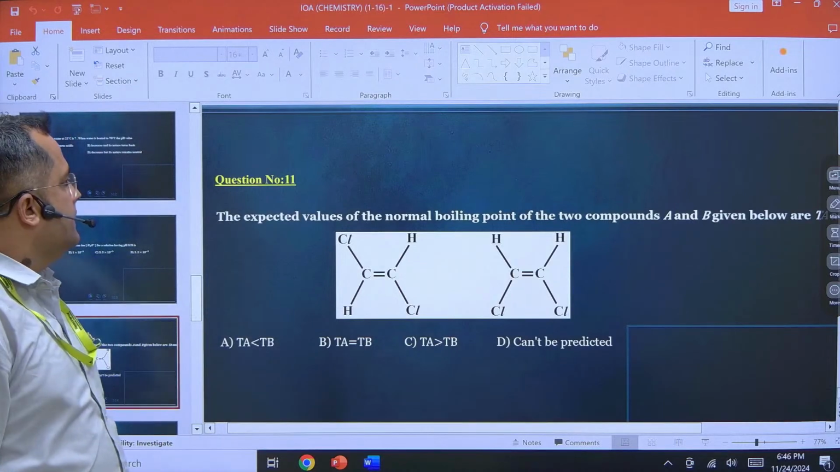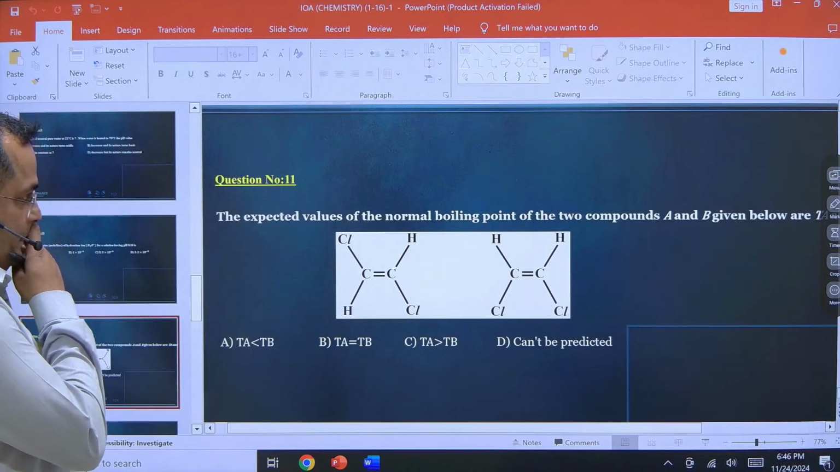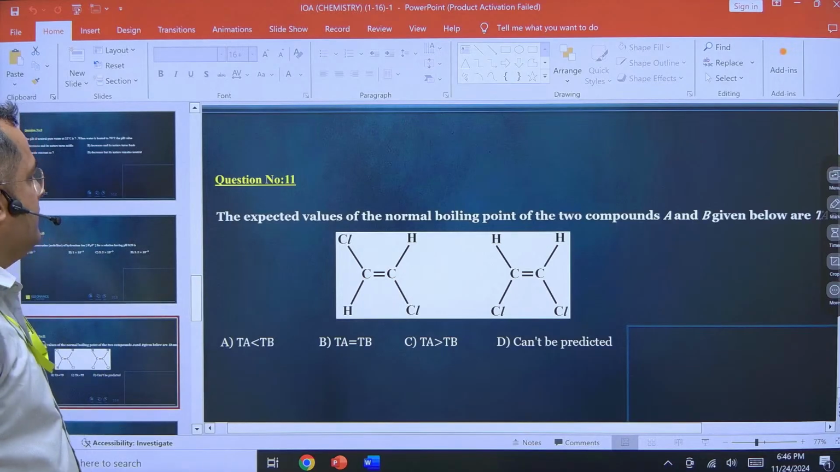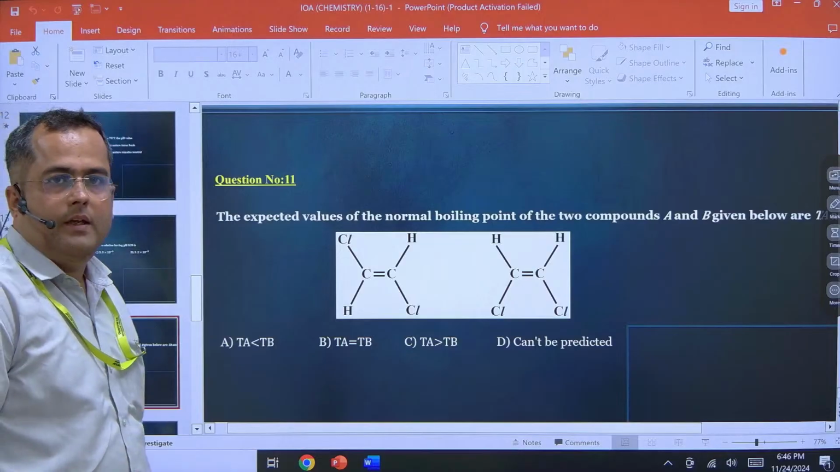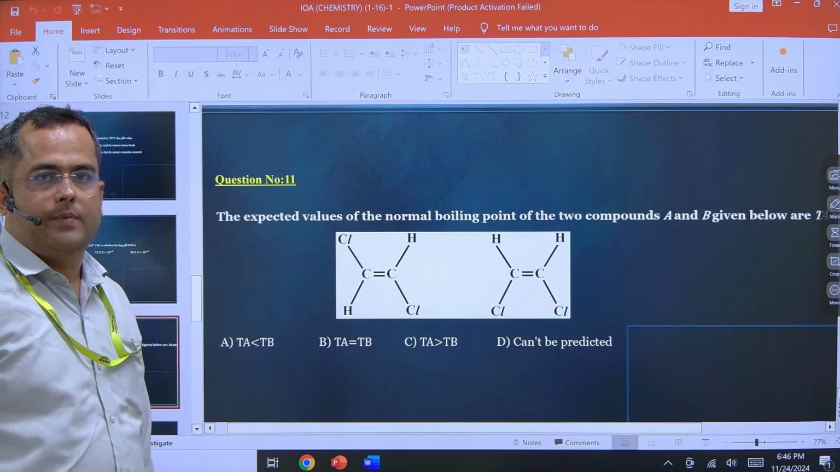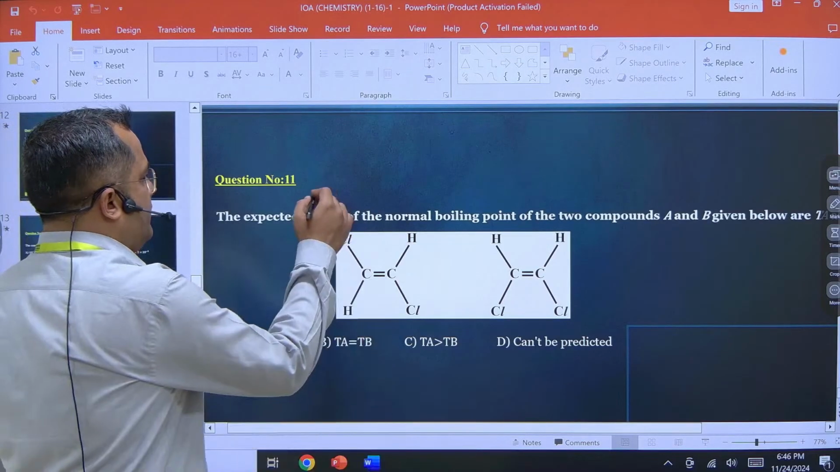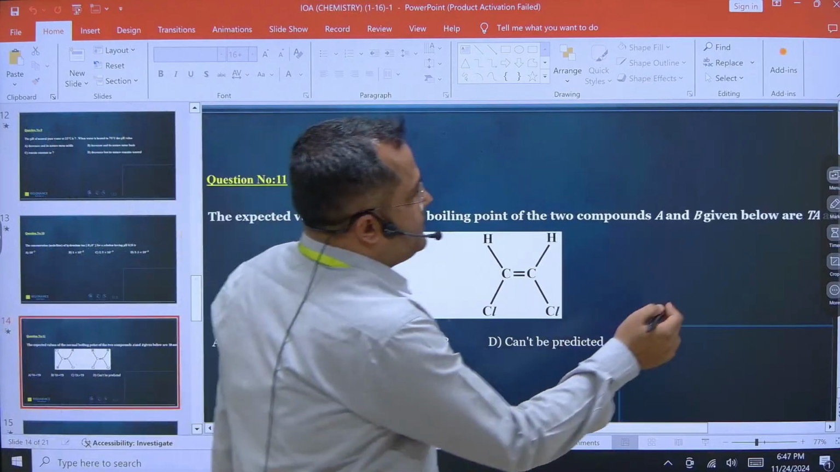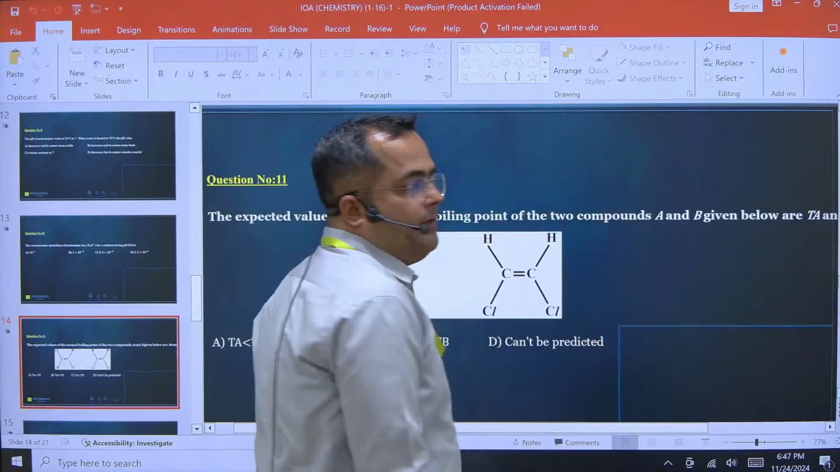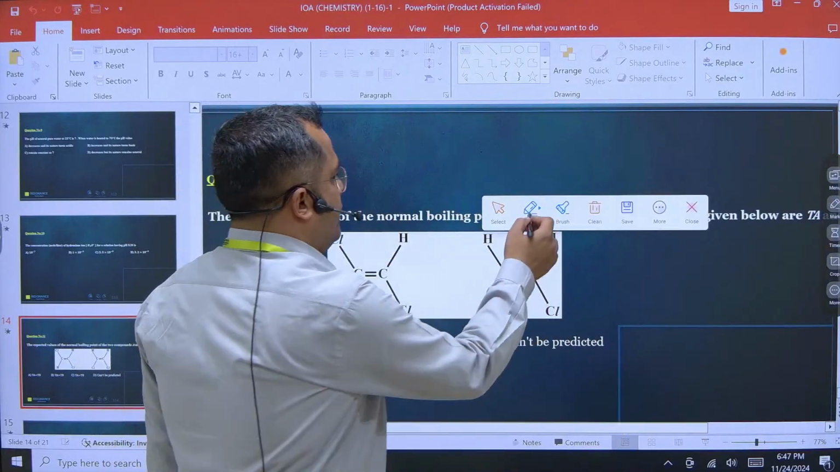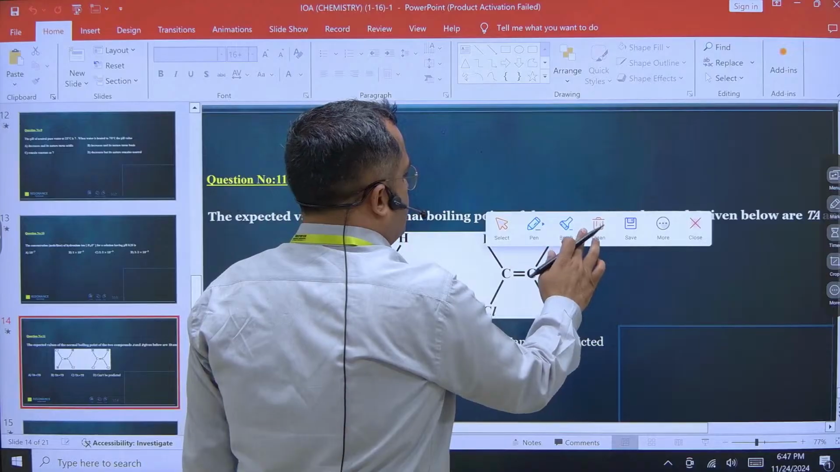So this is the question from isomerism. The more the polarity, or we can say the more the dipole moment, simple, the more the dipole moment. If the dipole moment is more, then we have more stability, then we have more boiling point. We all know this fact. So